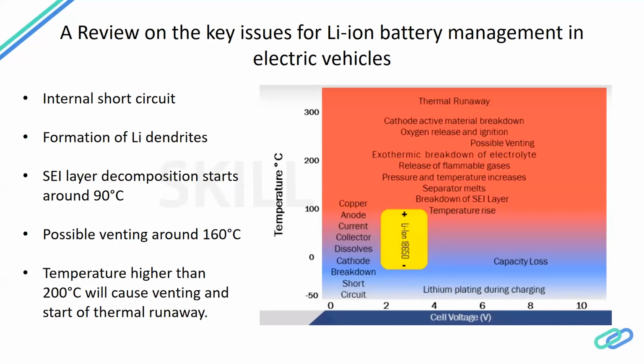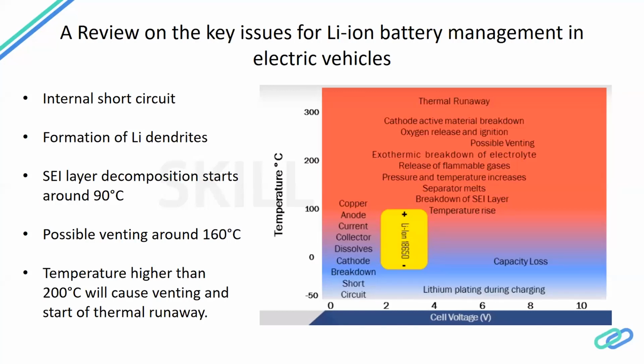The same goes with cars. You cannot use a car while you are charging it, right? That's why you have a different circuit for charging and a different circuit for discharging. Say the ideal temperature that the battery should work at is 20 to 40 degrees Celsius. It is a little debatable. Somebody says 10 to 40, somebody says 20 to 40, but 20 to 40 is what I've seen in my personal experience.